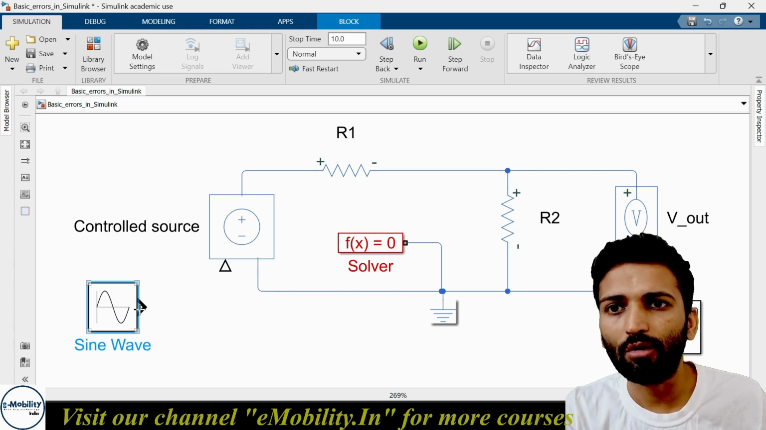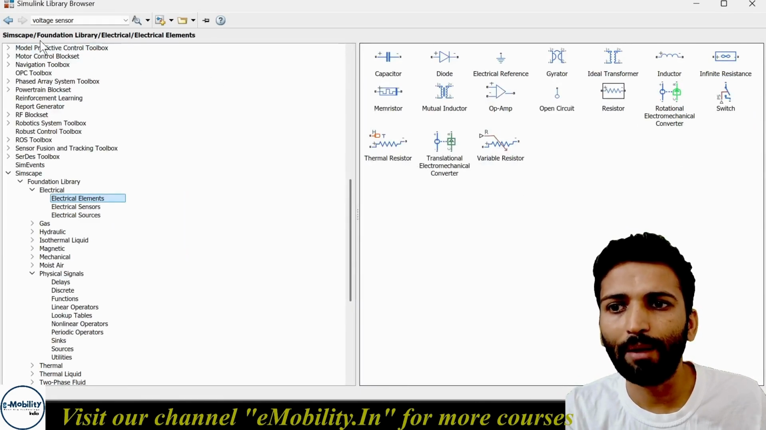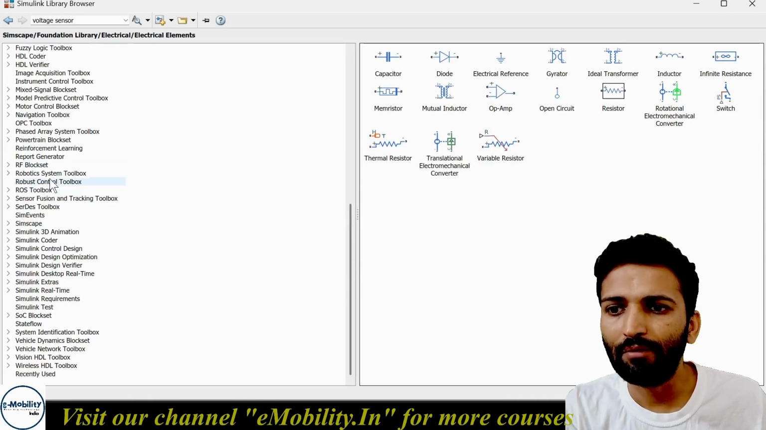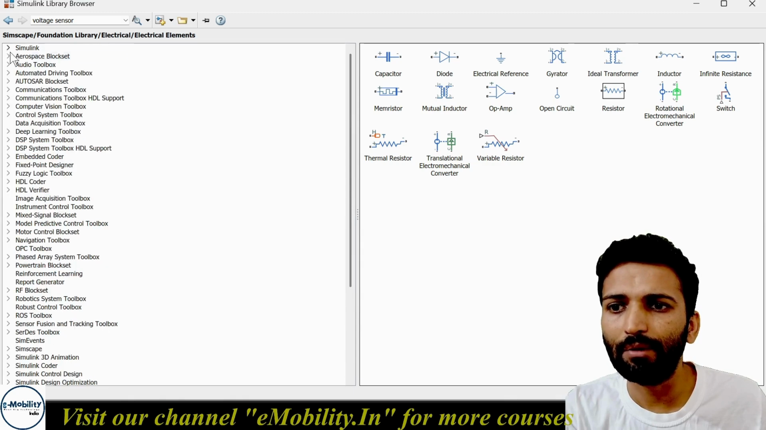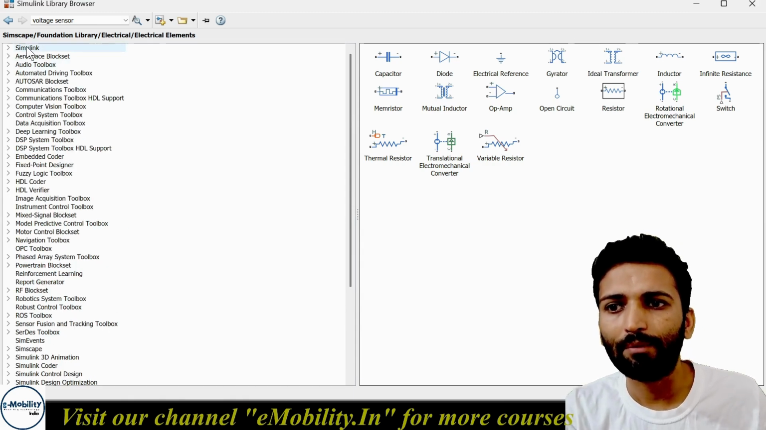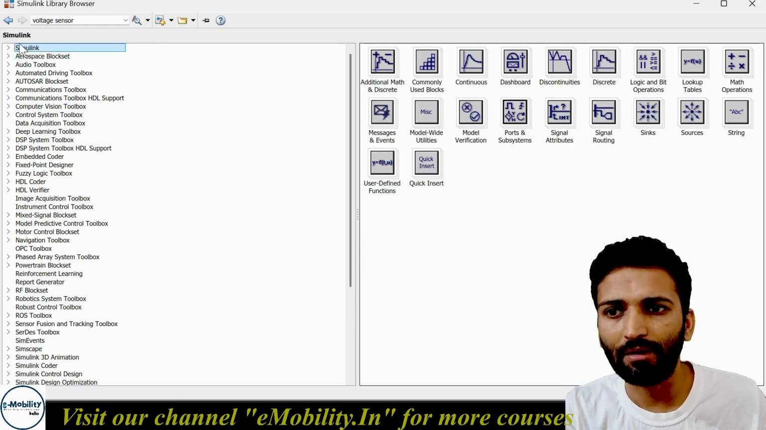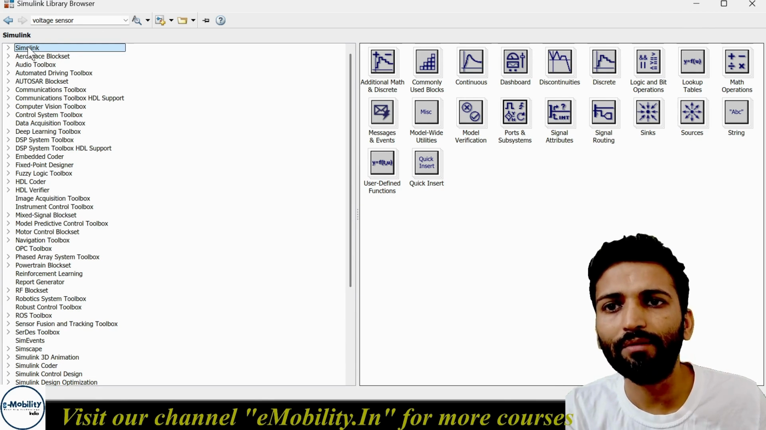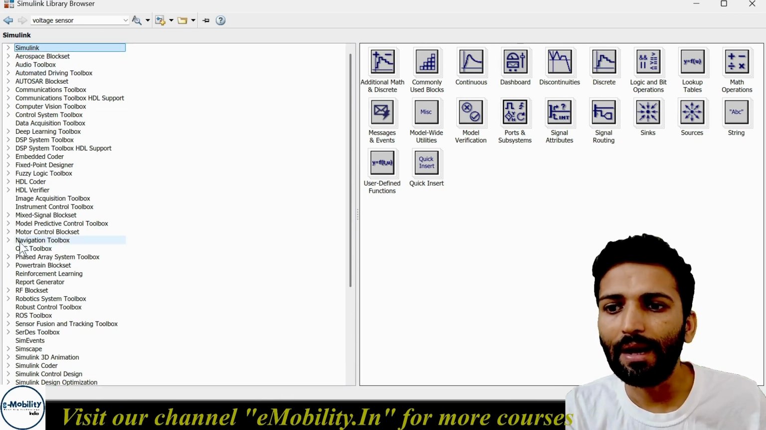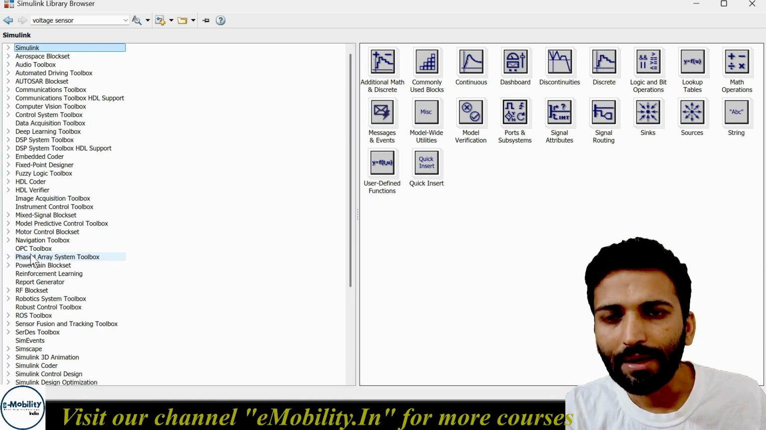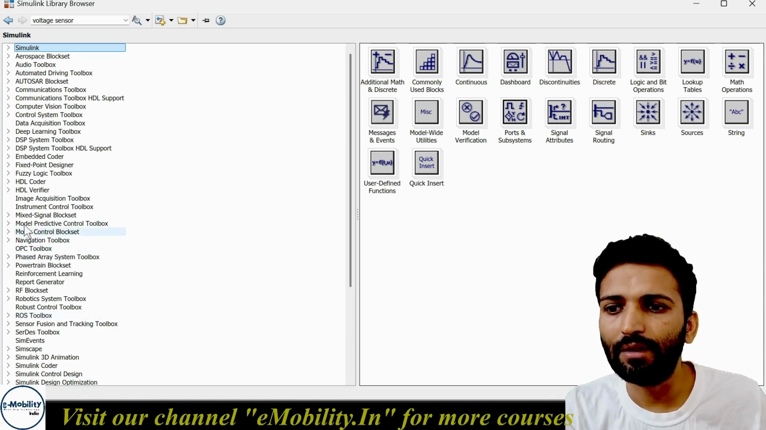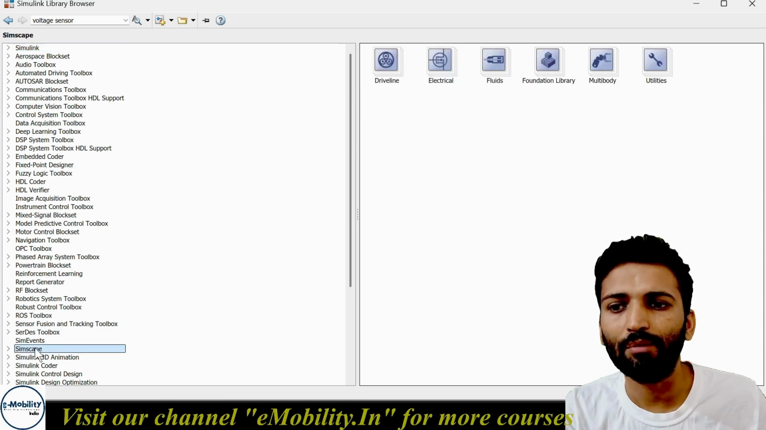So what happens if I want to drive my controlled voltage source with a Simulink model or Simulink sine wave? What is a Simulink sine wave? Let's go back to the library, and we will see that there are multiple components here. The number one library is the Simulink library. If you are using an element from the Simulink library and want to connect it with the Simscape library, which is down here,